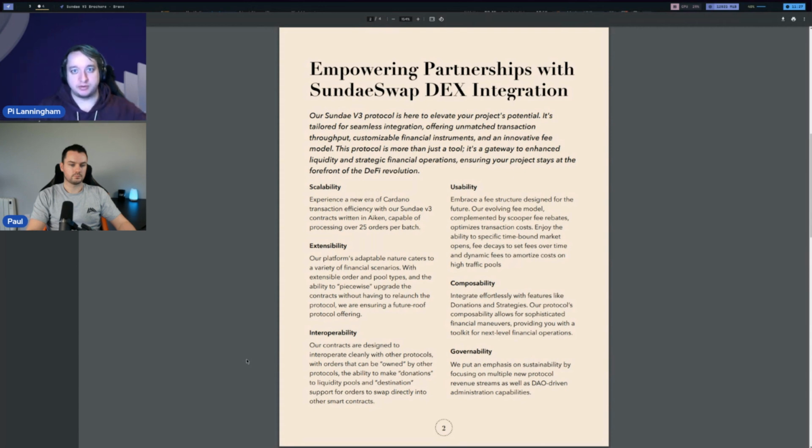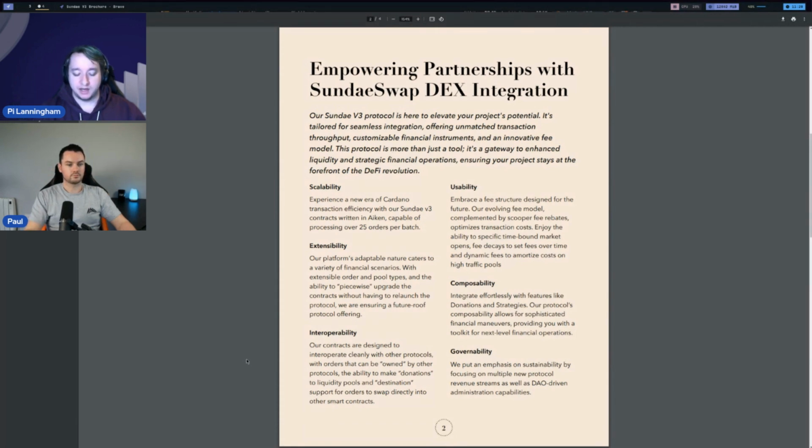So that's the interoperability piece. We want a composability piece. So the idea of building primitives that people can reach for when they're designing their protocols, to enable them to embed Sunday inside of their protocol.